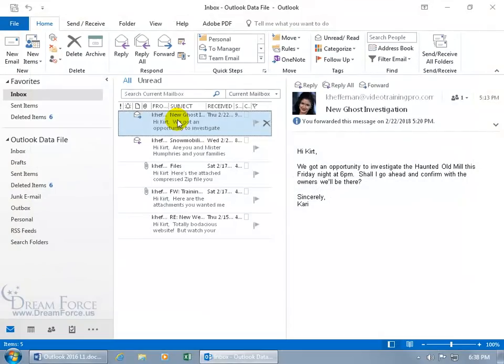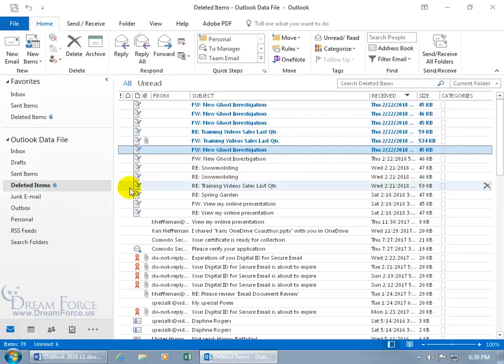All deleted items, including messages, are moved to the deleted items folder here until you manually go in and delete them permanently. And before we do that, notice how you got a number next to the folder. Anytime you see a number next to a folder, it means that there are items within that folder that have not been read. So when I go ahead and select it, you can see I've got a lot more items within the folder than 6, but of the items, 6 of them that are in bold have not been read